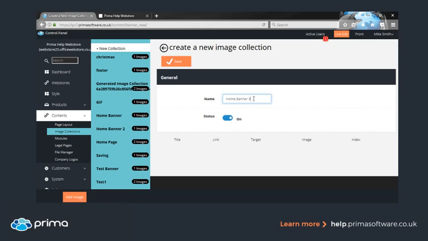You want to give it a name that's relevant to where you're going to be putting your images, so that in future when you're possibly updating this, you know exactly which image you need to update from your control panel, and you're not having to go through creating a new image collection again. You can simply change the image. Once I'm happy with that,